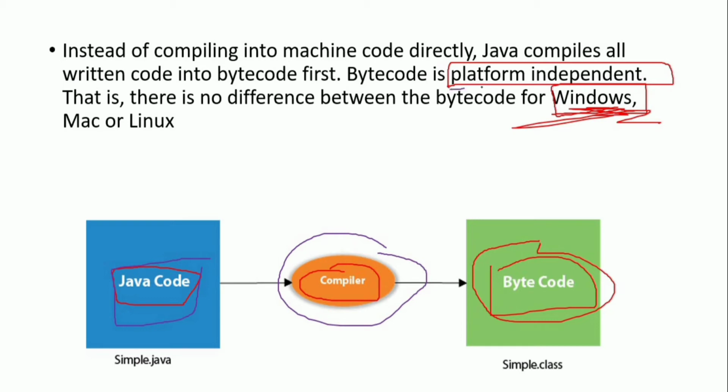What does it mean? It means that when I write my Java program in Windows, it is easy for it to run on Linux or Mac, because it is independent of the environment of the operating system. The compiler will convert the code that we wrote in Java into bytecode and then it will be converted to machine code. But this code is platform independent. It can be executed in any operating system, be it Linux or any other.